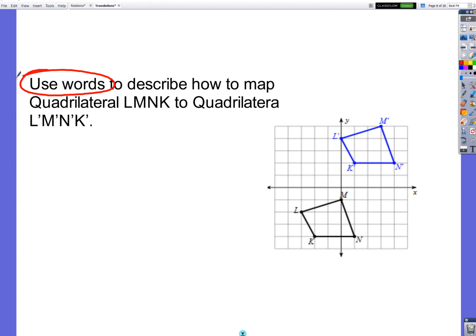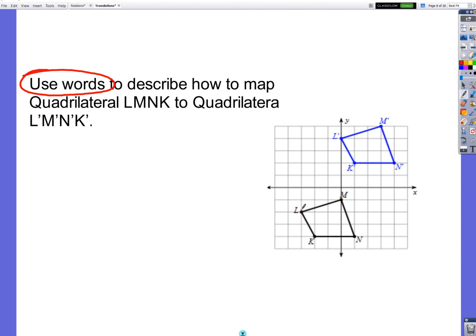Which one here is the pre-image? What's the before picture? The black one. What's the image? The blue one, but not because of the color. Prime notation. Once we learn about all the other transformations, you'd have to make sure that none of the other ones had occurred, that there'd be no rotation, no reflection. But since I can see all the points are in the same order, I can see that these have not changed any size. It looks like all that happened is it slid across the page. So let's see where it slid. If I count on any of these,